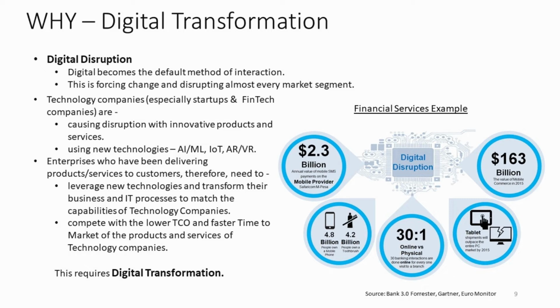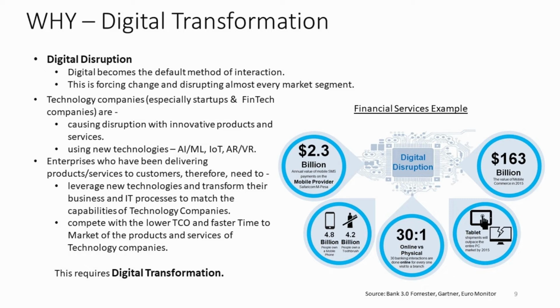Also, earlier people used to use computers for work. Then we all started using desktop to shop or listen to music. But in 2015, tablet shipments outpaced the entire PC segment. Today in 2018, smartphones alone are double the sales of PC. More people own a mobile phone, it appears, than they own toothbrushes.